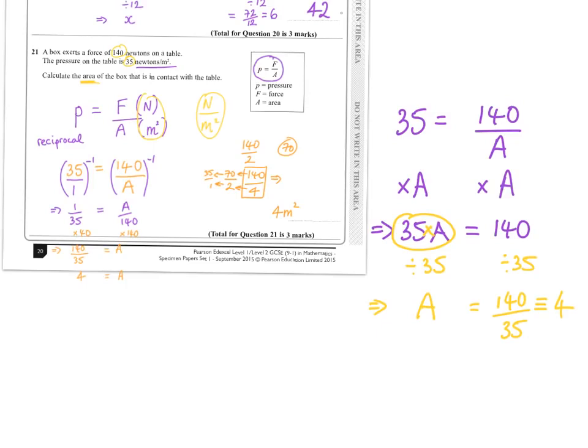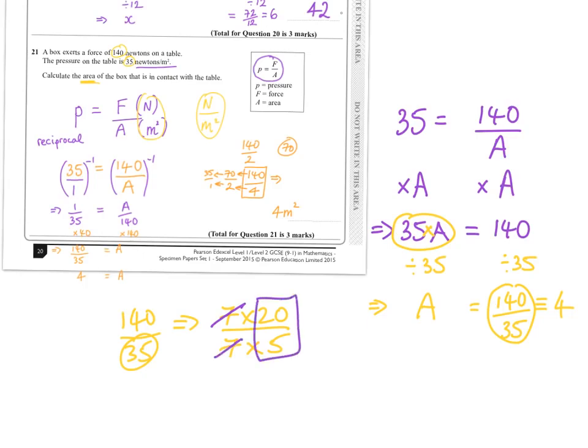If you can't see that's 4, then you might have to do things like factors. So say if you had 140 over 35, 140 is 7 times 20, 35 is 7 times 5. Here the 7s cancel, 7 divided by 7 is 1. But can you see that 20 divided by 5 is quite nice? You should be able to see that that is indeed 4. So there are plenty of ways of getting the answer of 4,